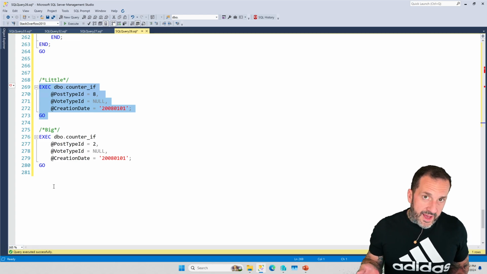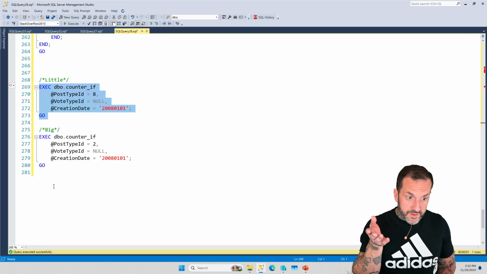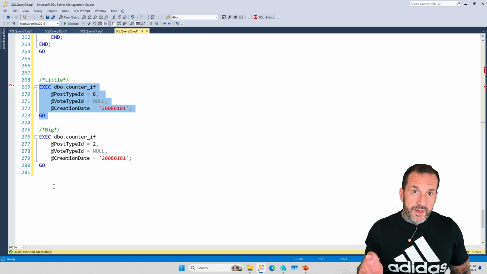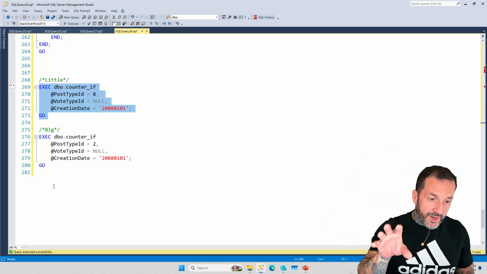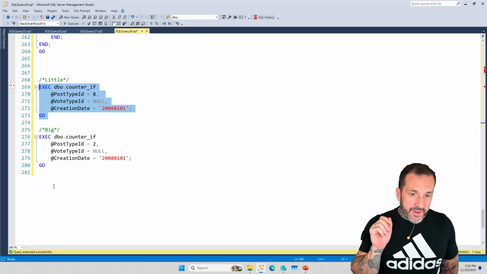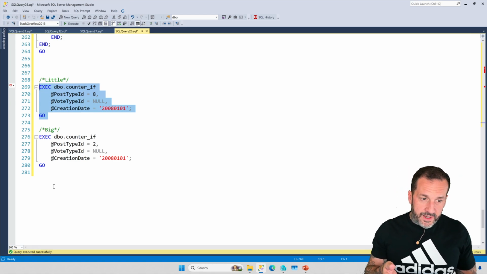So you will still have parameter sensitivity potentially per stored procedure that you have in there, but at least you don't have it globally at the stored procedure level when you just put queries into if branches. In the next video, we're going to look at different ways of solving parameter sensitivity issues in here.